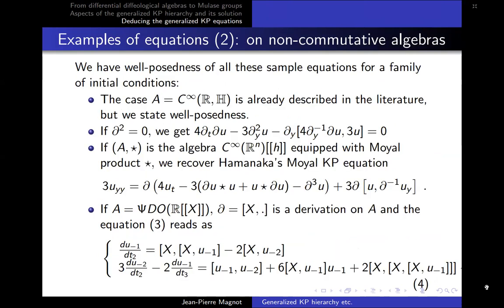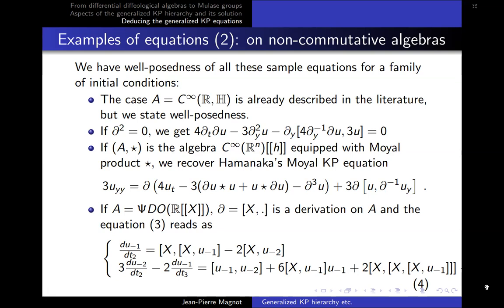So how does it work? In fact, the case of a non-commutative algebra has already been discussed when we consider smooth functions into the field of Hamiltonians, the equations are stated, and